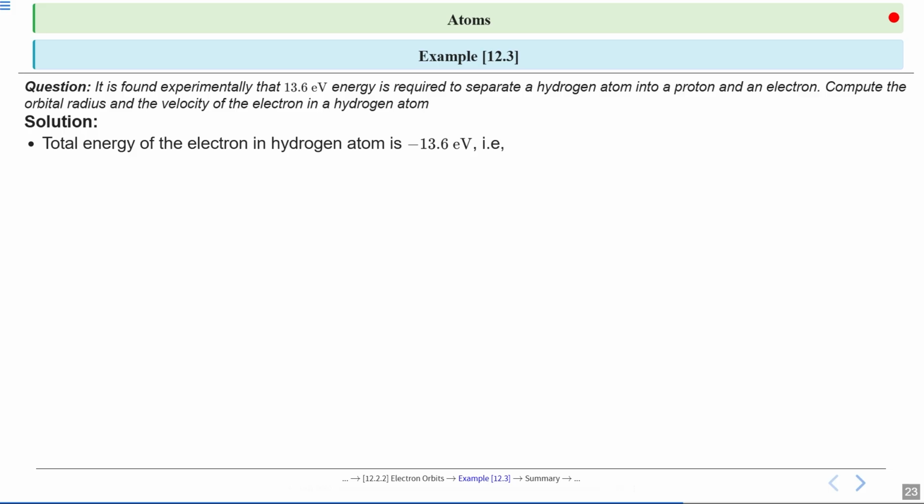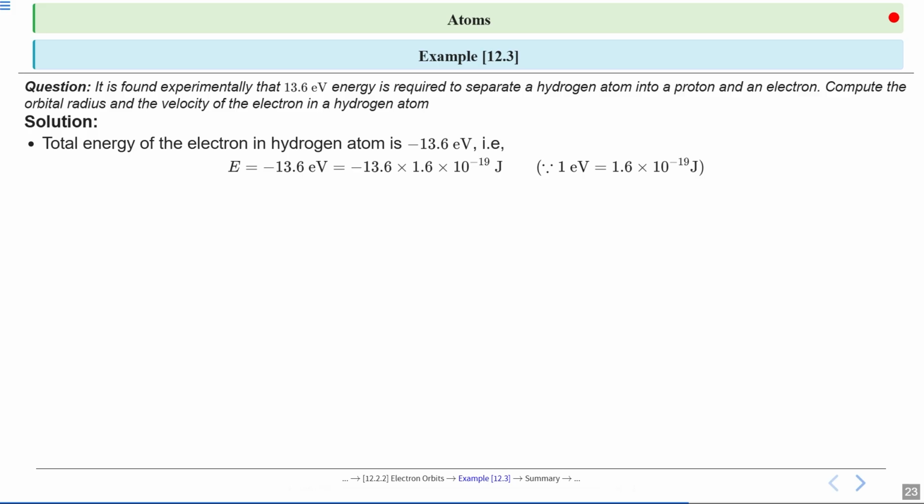Okay, so that amount of positive energy is to be given to the electron, so that total energy of electron will become zero, and it will escape the hydrogen atom. Okay, so negative sign tells us the electron is bound to the nucleus, and it would take positive energy to remove it. This value is specific to the hydrogen atom in its lowest energy state or ground state. We will discuss it in the further lectures also. So let's convert this energy from electron volts to joule.